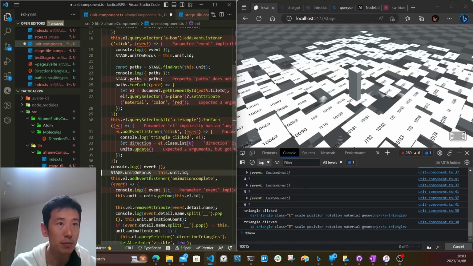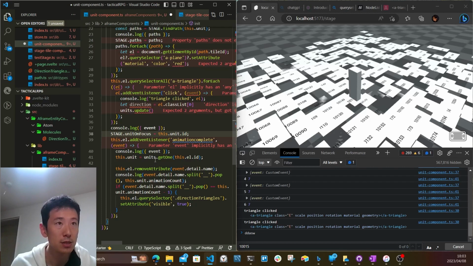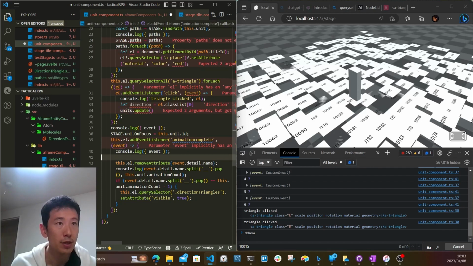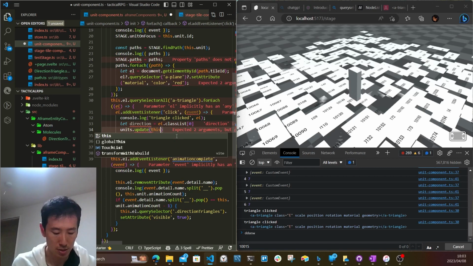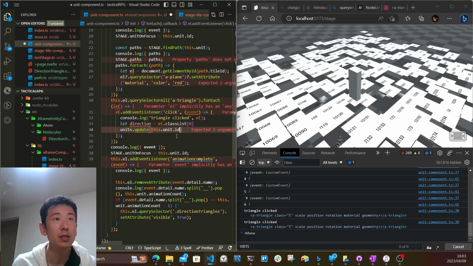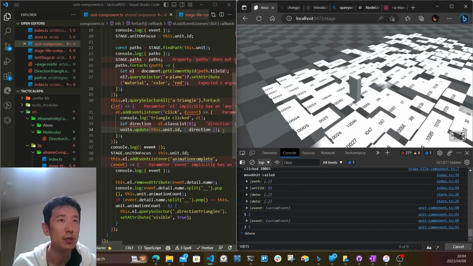Every time it updates the units, then I get an update, right? So in this case, units update on this unit ID, direction is direction,